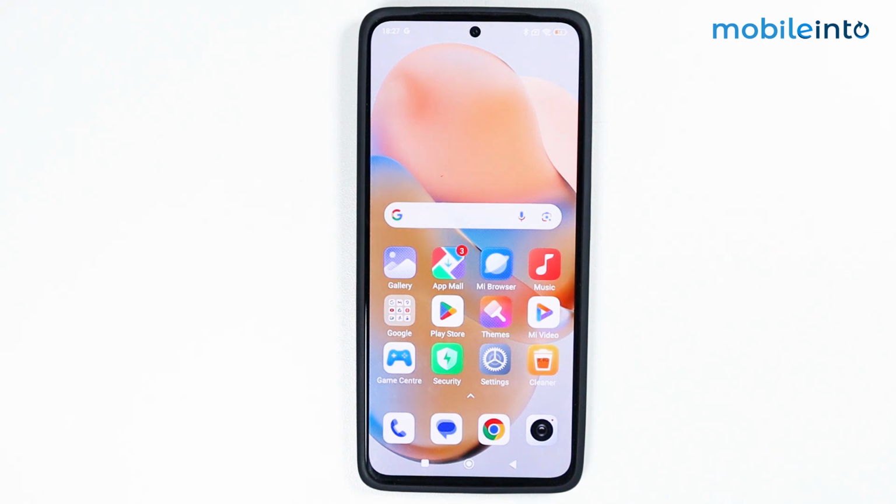Hey, what's up guys? So in today's video we will see how to change the app language on Deepseek on